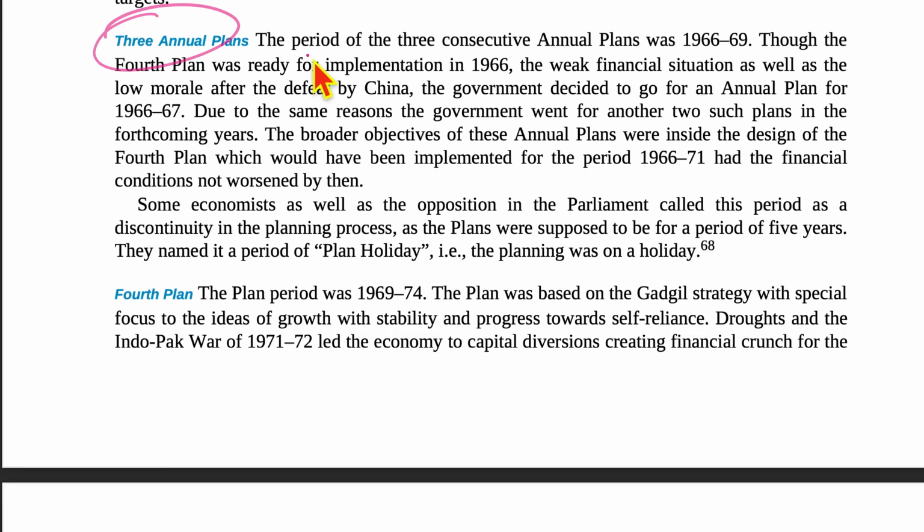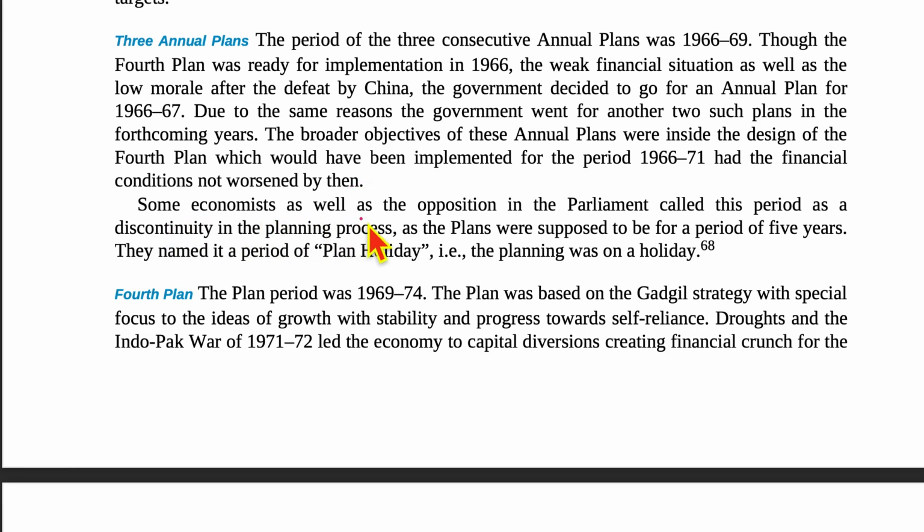Now, the three annual plans. The period of three consecutive annual plans was 1966 to 69. Though the fourth plan was ready for implementation in 1966, because of the weak financial situation as well as low morale after defeat by China, the government decided to go for annual plans for 1966 and 67. Due to the same reason, the government went for another two such plans in the forthcoming years. The broader objectives of the annual plans were inside the design of the fourth plan, which would have been implemented for the period 1966-71,